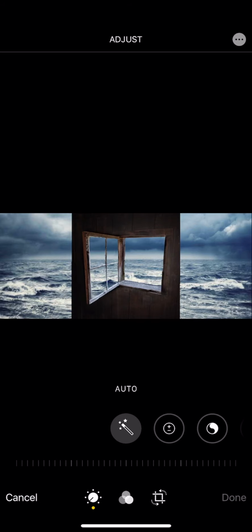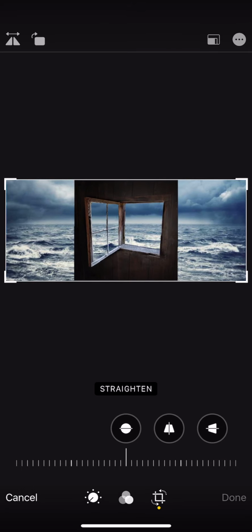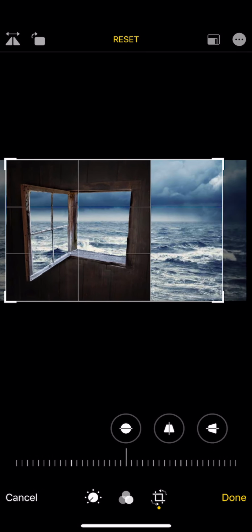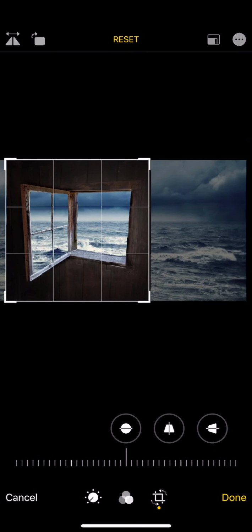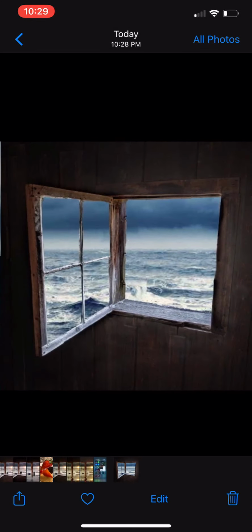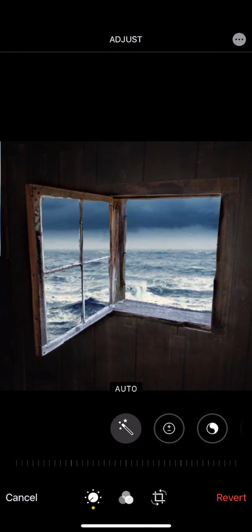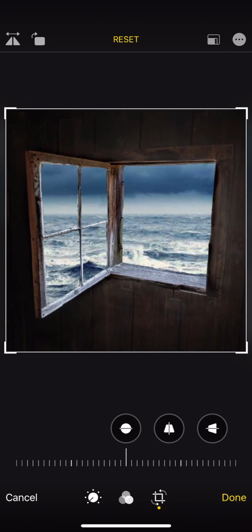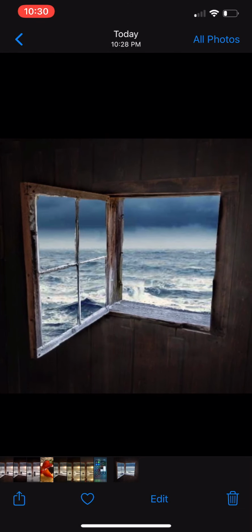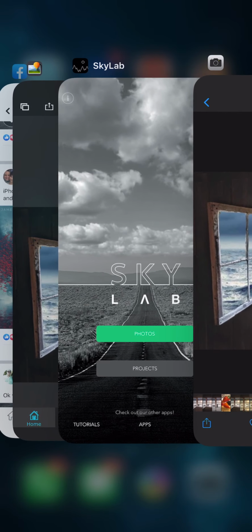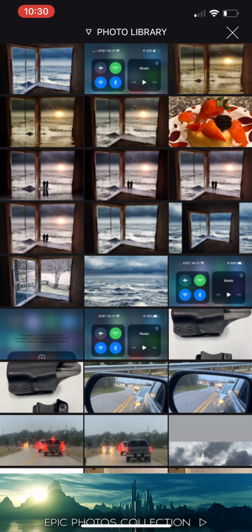Let's edit it. And we're going to transform that picture. So we go there, and then we go here, and we just did a transform. That's all we did. Once we transform it, we hit done. It needs to be transformed a little bit better. So we'll transform it over. Once we transform that, then we're done again. Boom. So now we have the picture. Now that the picture is done, let's go back to Skylab, Photos,